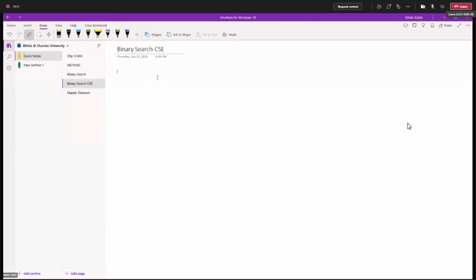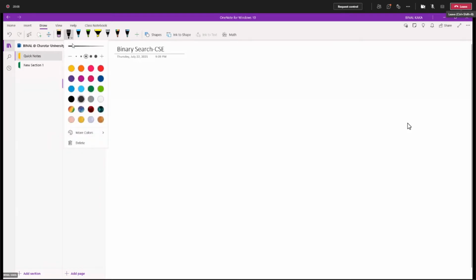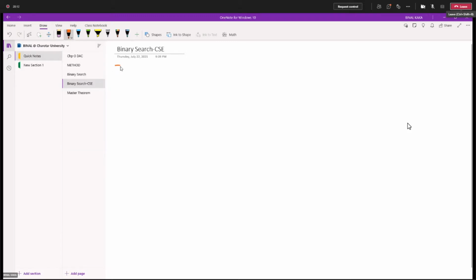So let's see how it actually works. I'm taking one example where we have elements and a key element, and we have to identify the key element. Binary search is a searching method, right?